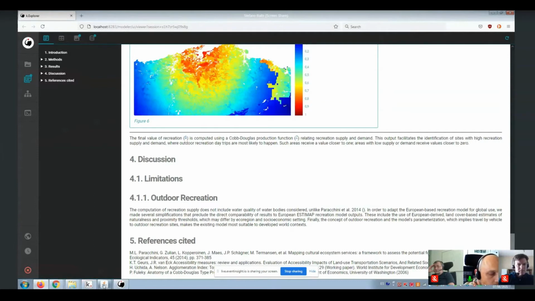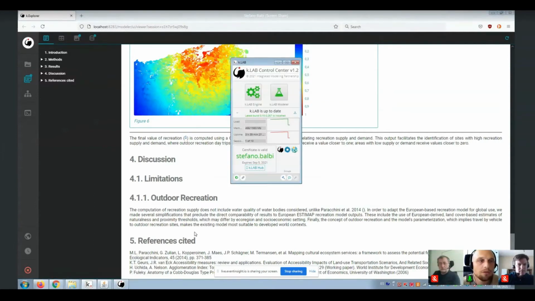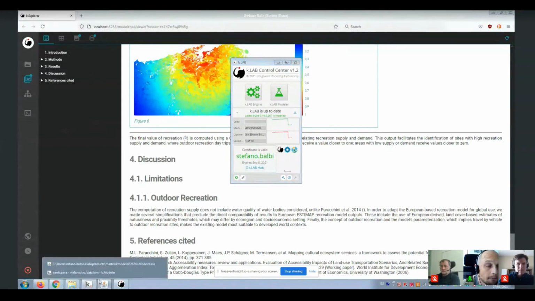remember that we have this piece of software called Control Center that allows you to access the engine and the modeler. The engine is basically your gateway to get connected to the semantic web of knowledge, and the modeler is the interface for modeling for modelers. We didn't explain much of the modeler, so my task here is to give you a little preview of how it can be used. If you click after the engine, you click the modeler, then you have access to this interface.